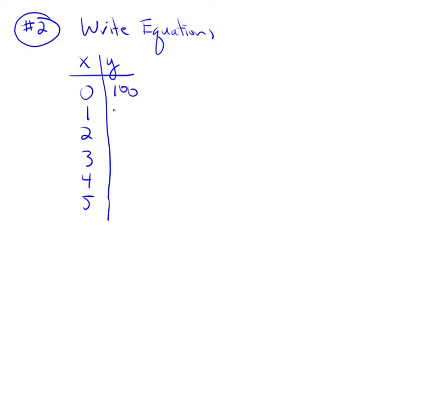100, 110, 121, 133.10, 146.41, 161.05. So what I notice here is over on the left-hand side, I have plus 1, plus 1, plus 1. So that means my x values are going up 1. And so we're going to write exponential